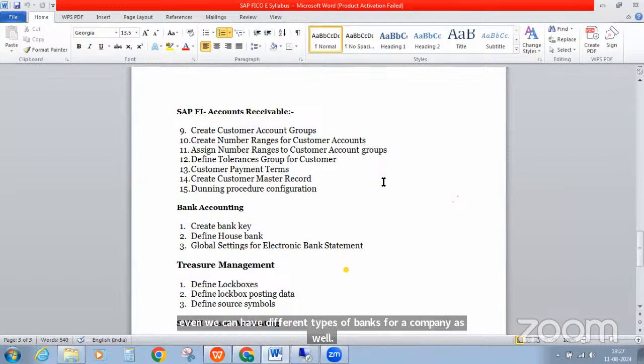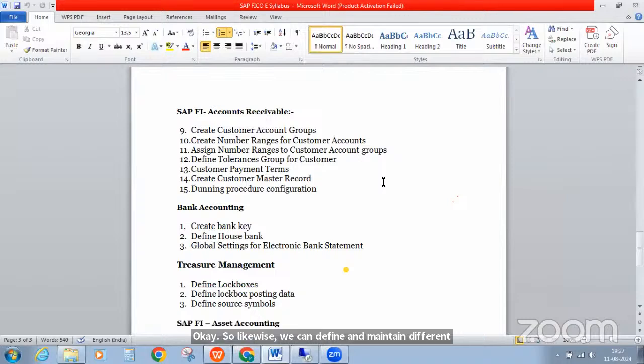Okay, so likewise we can define and maintain different types of banks. Also, we can maintain global settings for electronic bank statement. EBS क्या होता है? Global settings for electronic bank statement. Electronic bank statements for a company. So मैन्युअली भी हम क्रिएट कर सकते हैं स्टेटमेंट को, और इलेक्ट्रॉनिकली भी कर सकते हैं. So it is totally depend on us how we want to make a